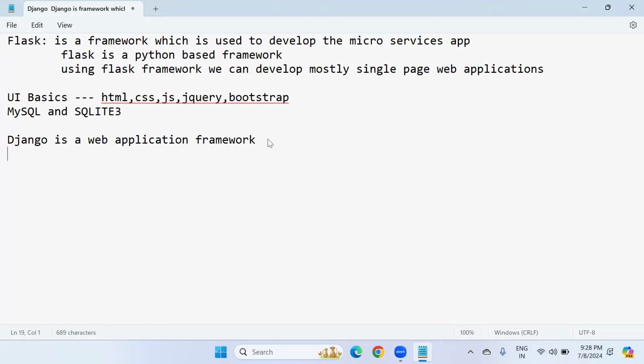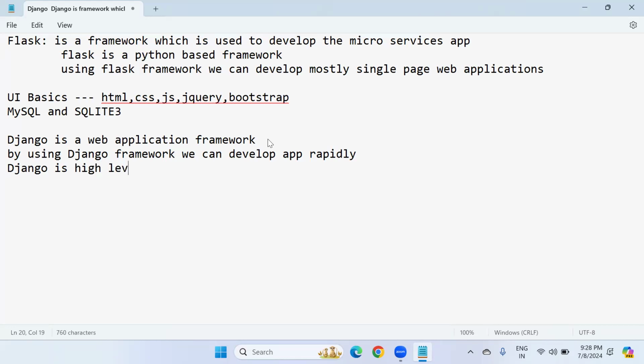And by using the Django framework, we can develop web applications rapidly. Rapidly means at a very fast rate, because the moment we install the Django framework, you will get plenty of libraries. So I can even say Django is high level, just like Python is high level, no? So the Django framework is also completely high level